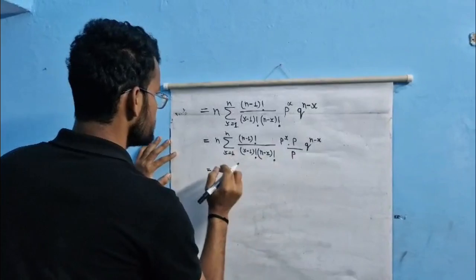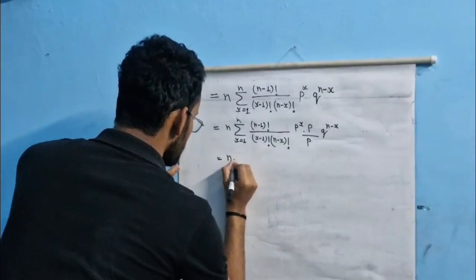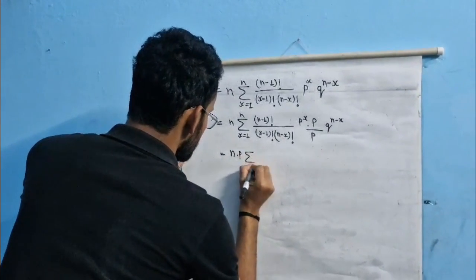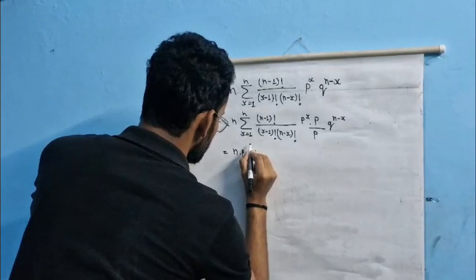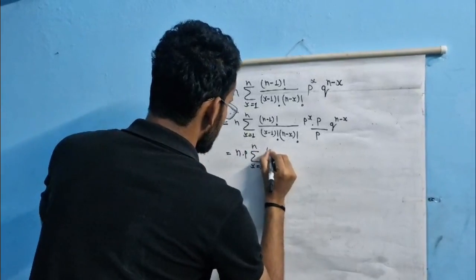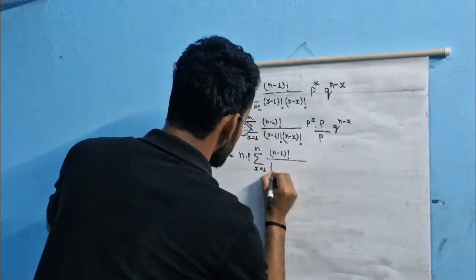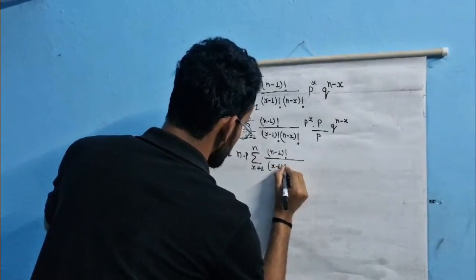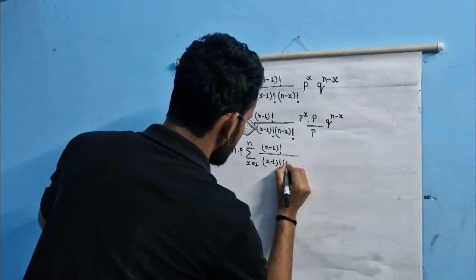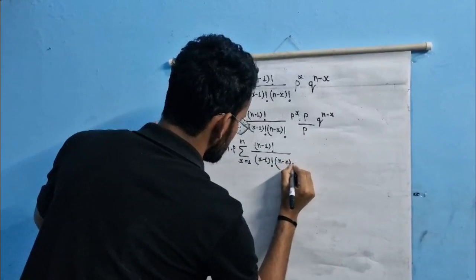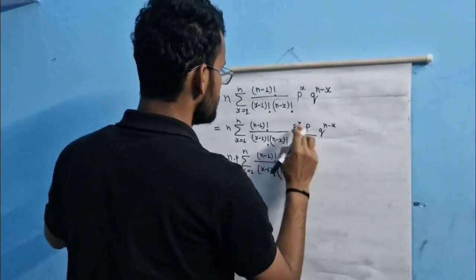This p comes out from the summation: n into p, summation x equal to 1 to n, n minus 1 factorial divided by x minus 1 factorial n minus x factorial. This p goes upper,